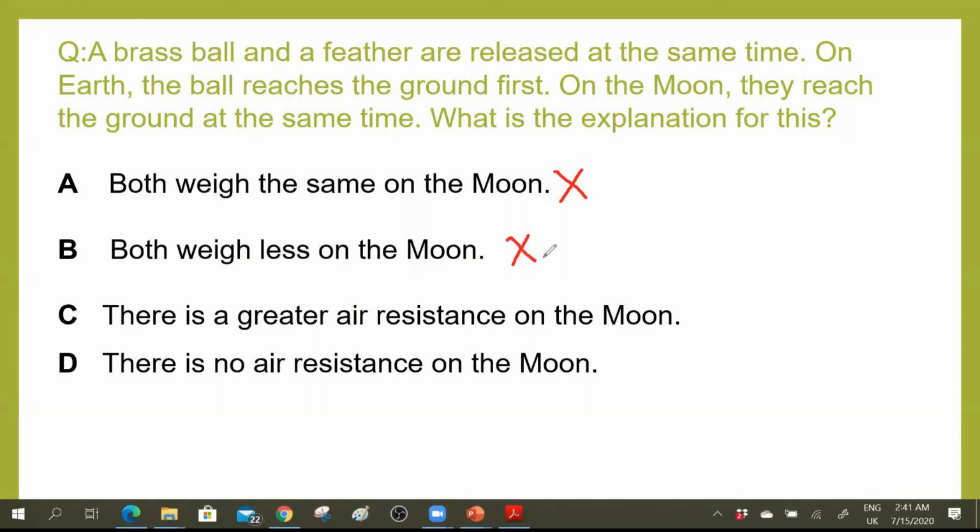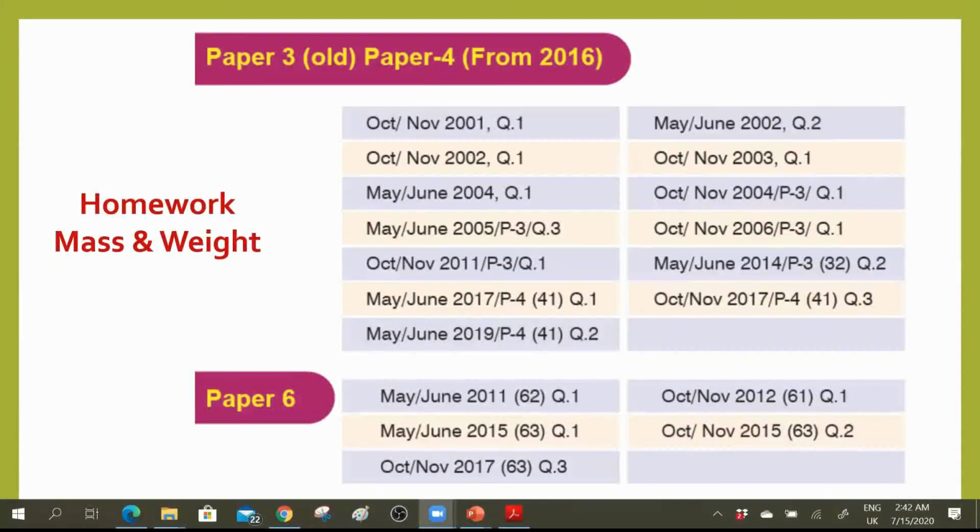There is a greater air resistance on the moon. No, there is no air resistance on the moon. So the last option, there is no air resistance on the moon. That's why they fall at the same time on the moon, but they don't fall at the same time on the Earth. Those students who want to practice more questions,